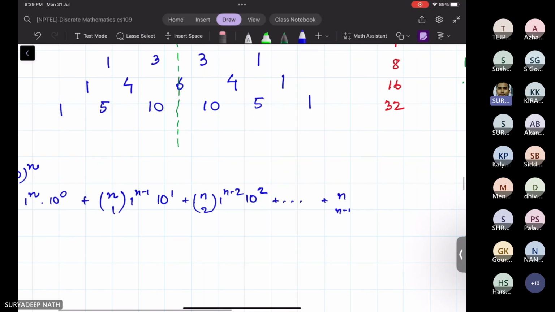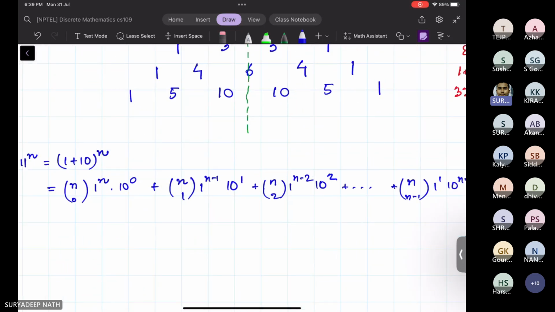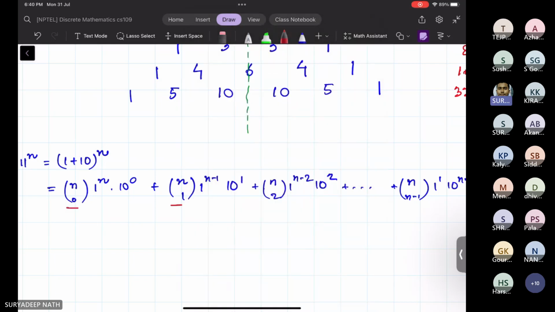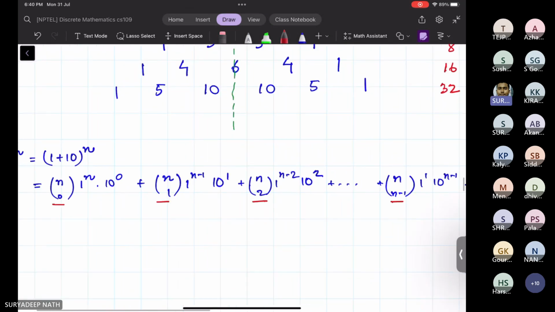Then n choose n minus 1, 1 to the power 1 and 10 to the power n minus 1, and you have nCn, 1 to the power 0 and 10 to the power n. So these coefficients that you see,